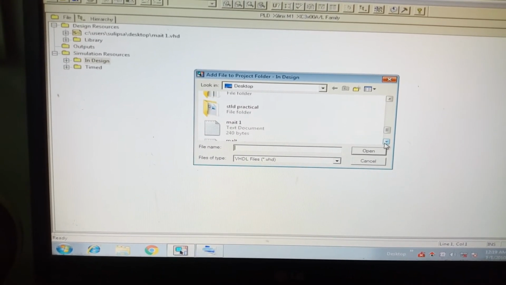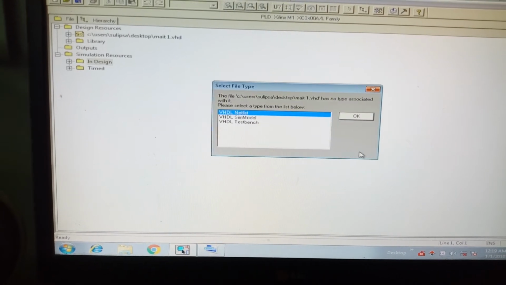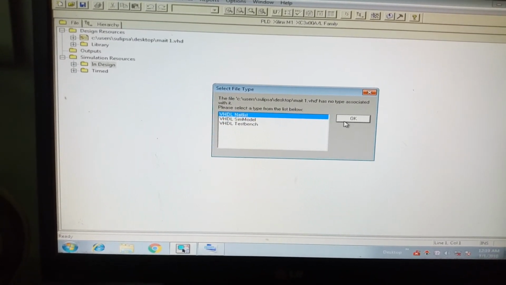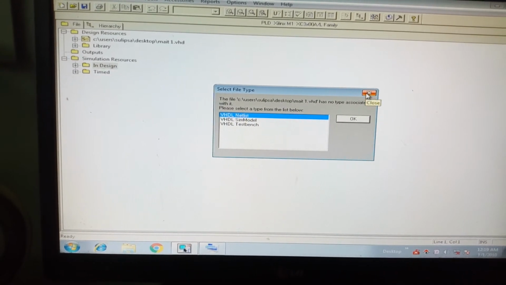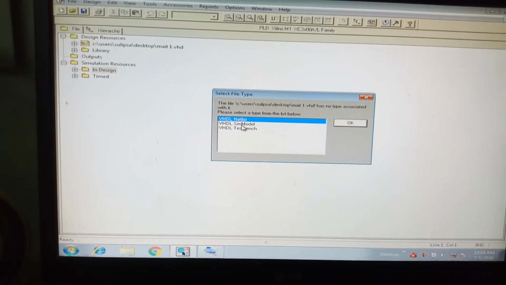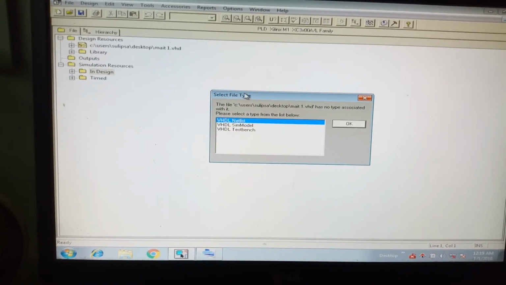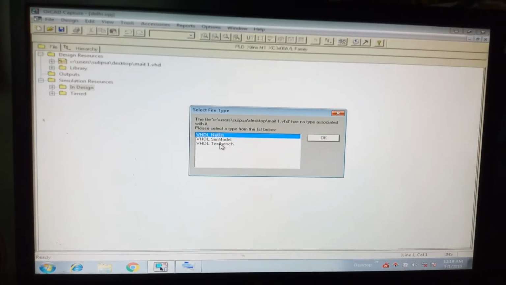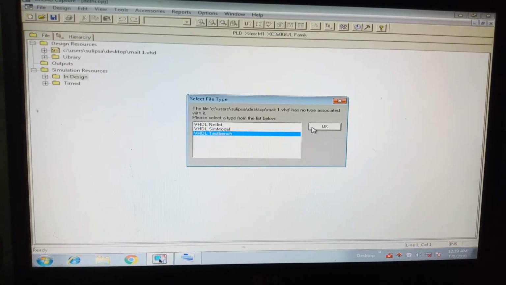So the same file you upload in the screen. Once you upload the same file, you will get a select file type: netlist, sim model, test bench. Click the test bench, OK.